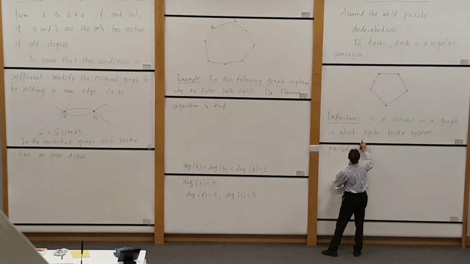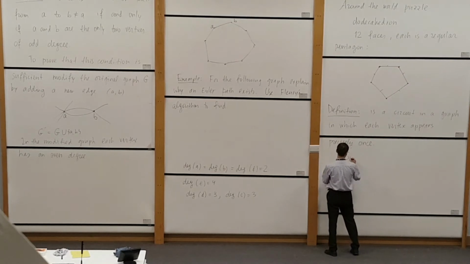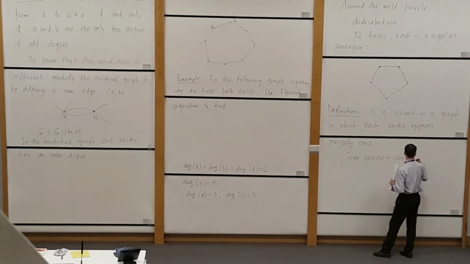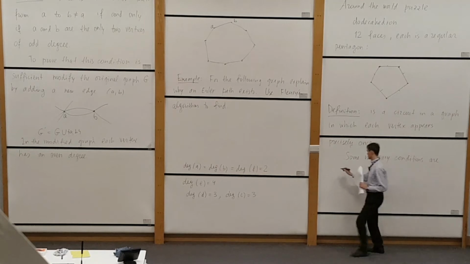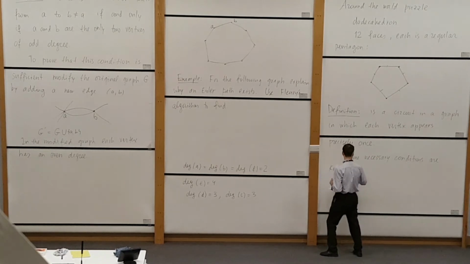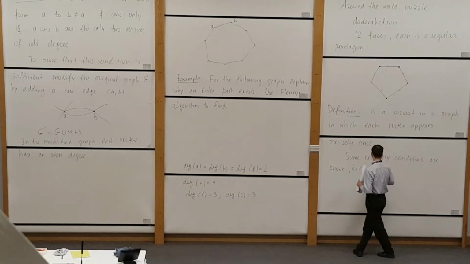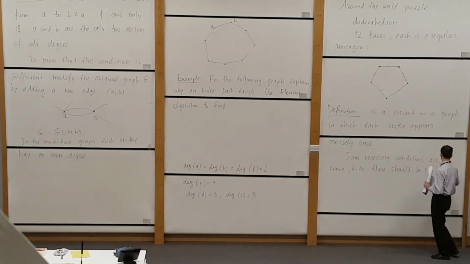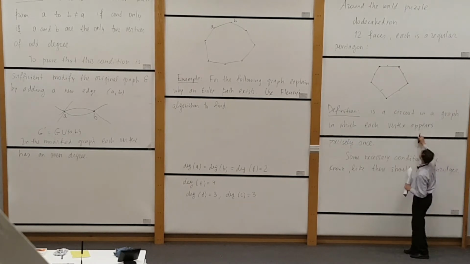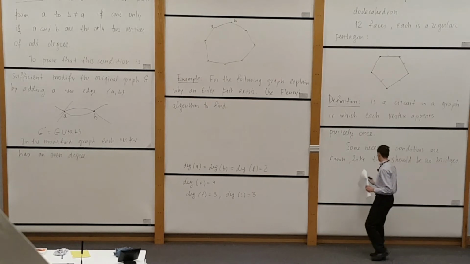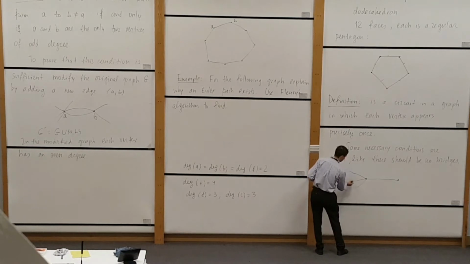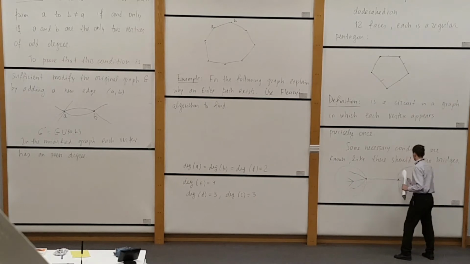So some necessary conditions are known, like there should be no bridges, right? And then again, it's easy to illustrate. Suppose you have a bridge, and then there is part of the graph on one side of the bridge, right? And then part of the graph on the other side of the bridge,